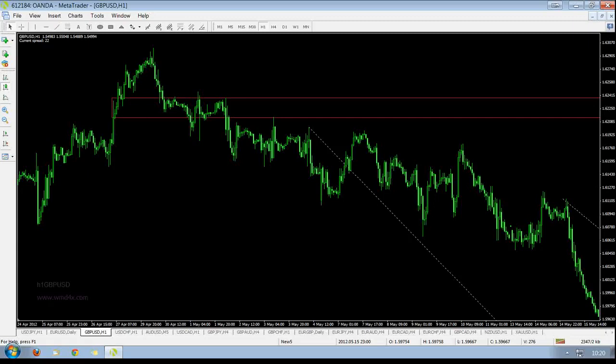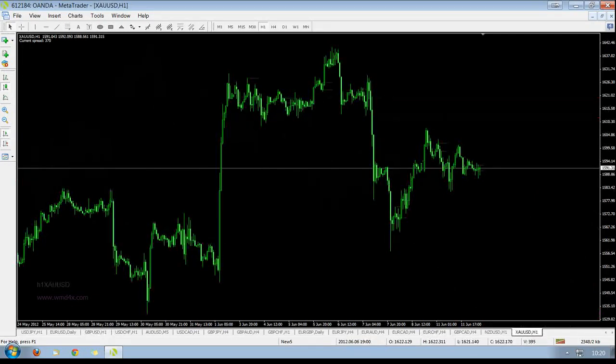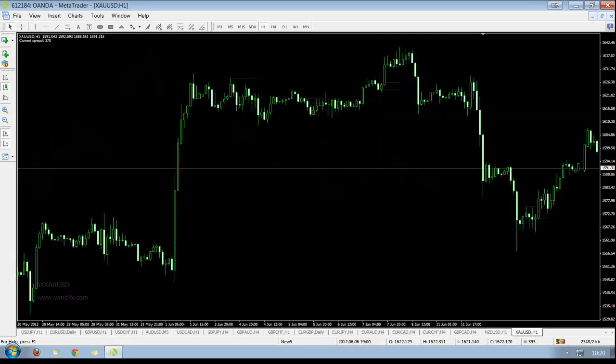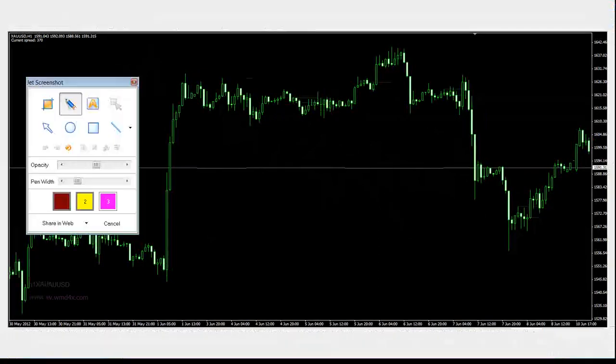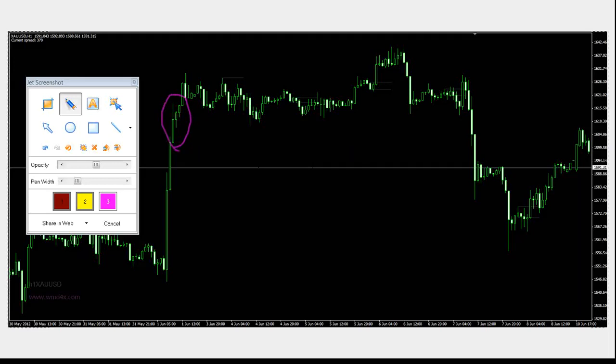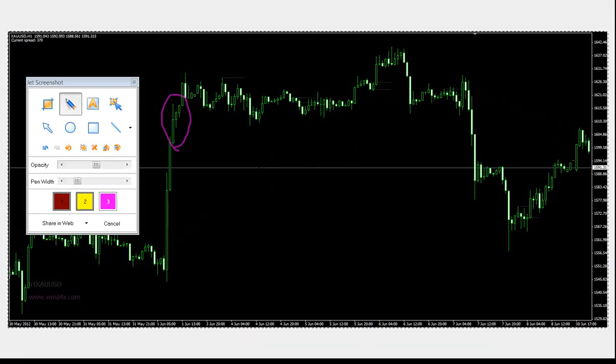I saw this construct again on gold, and now we're looking back just to the beginning of the month. So if I capture the screen, here it is again. All right, we've got 3 candles. We've got that bullish candle with the wick, and then the next couple of candles are going and filling that wick. The price ends up breaking higher, so you're getting that follow-through trade,